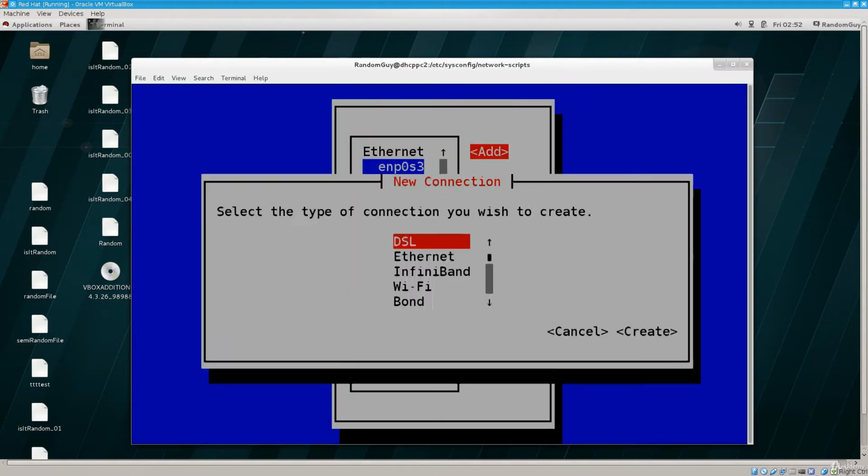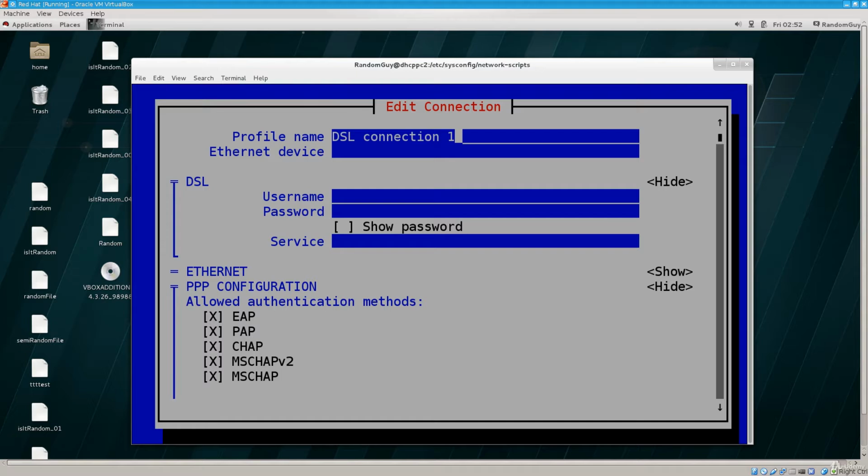We can also say add, and then we can add a new connection here. So look at the type of connections that we have here. Well, what do we really need? Okay, so I use a DSL connection, so I could actually create a DSL here. Well, I don't use it like this, but I think I used to use it a while ago, in this apartment anyway,